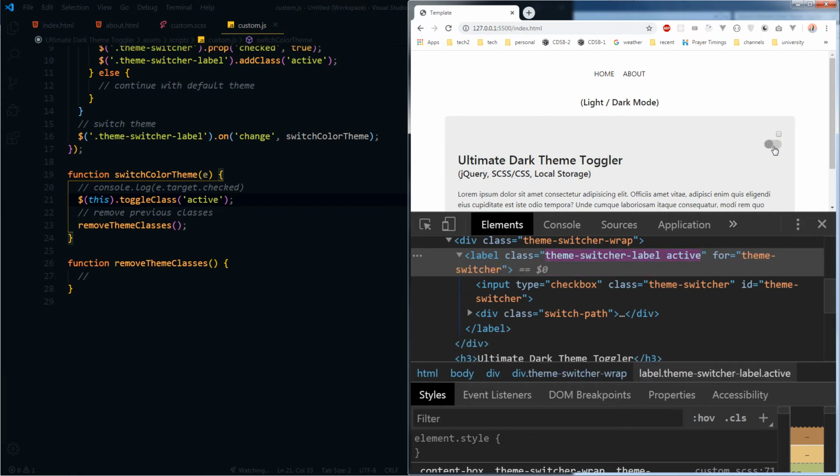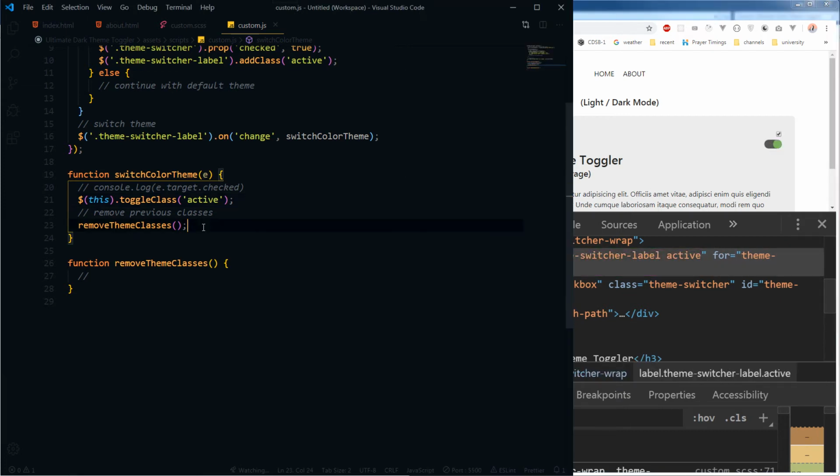So we are here, and then remove theme classes. There's nothing inside it. We have to write the logic here, but let's proceed further. Okay, so